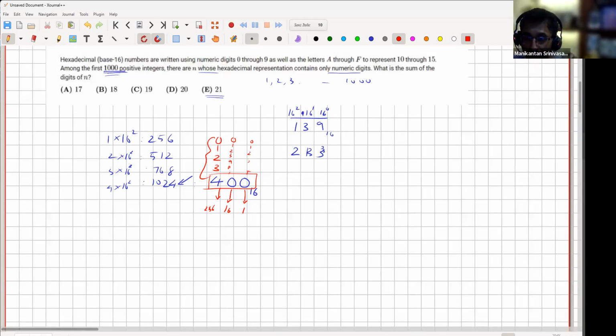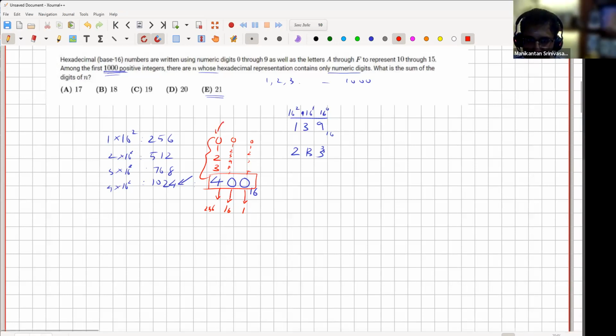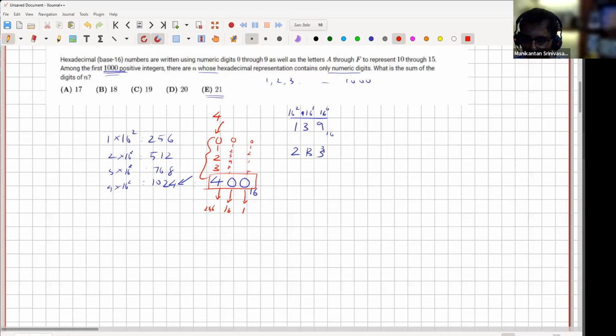Does it make sense? But we want only those numbers which are using only digits, which means what? We have 4 choices here. It can be 0, 1, 2, or 3. We have 10 choices here because the second digit, or rather the 16th digit, can be 0, 1,